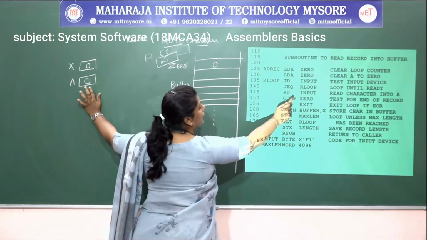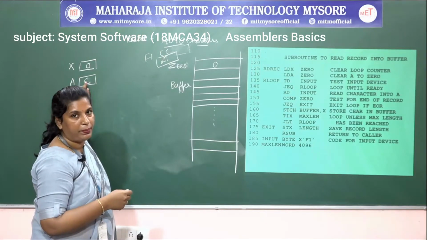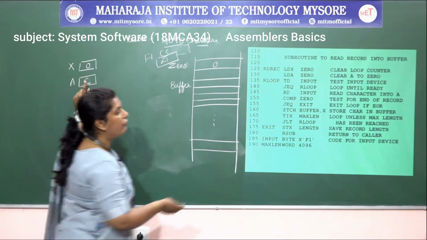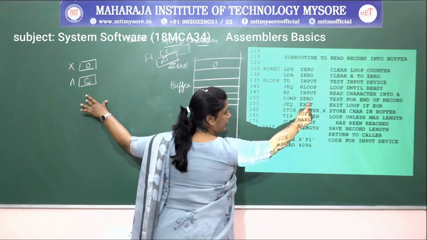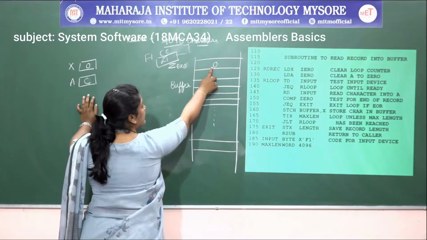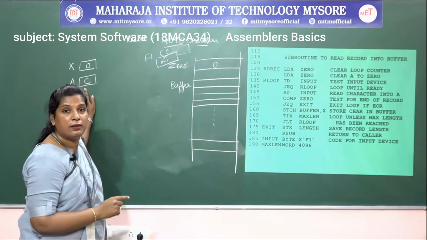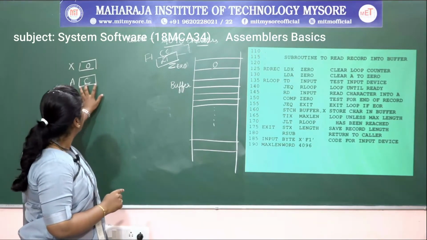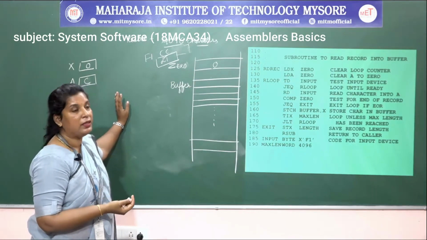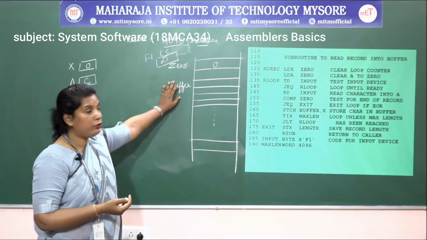After that I want to compare that value. It is taking the ASCII value for C, and it is going to compare it with 0. What is in the 0th memory location? 0. It is comparing the accumulator value with the memory word, which is 0, right. Are both equal? No. It might be less than or greater than, whatever it might be. So both are not equal, which means it is not equal to 0.